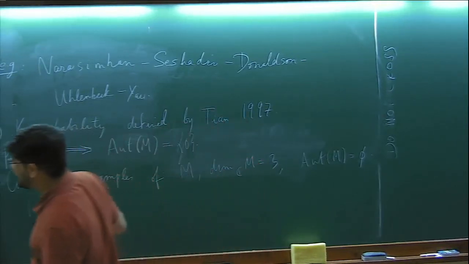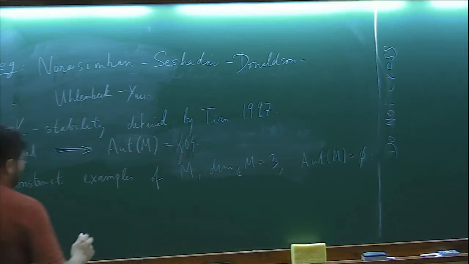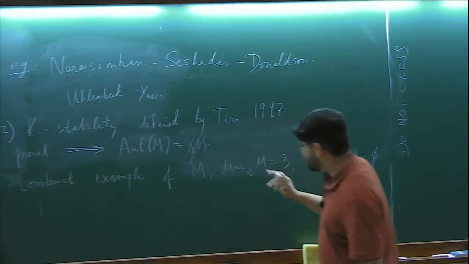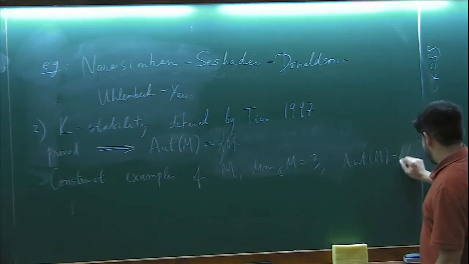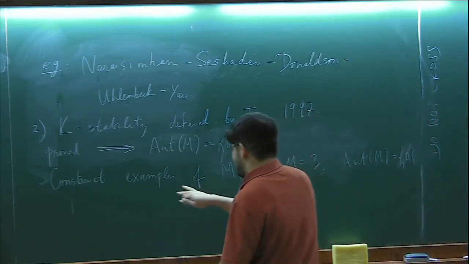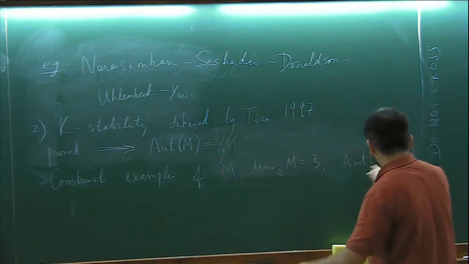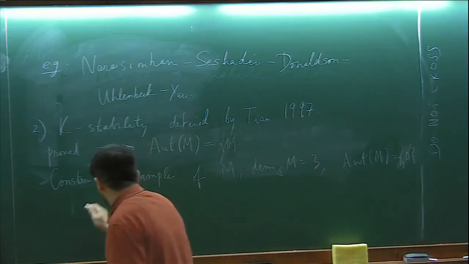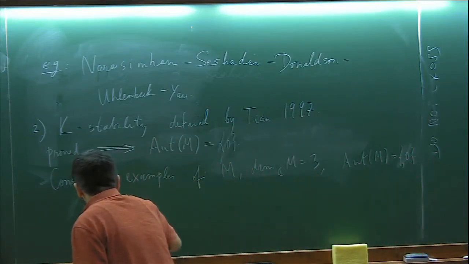Right, and of course not zero, but the automorphism group is the identity. He constructed examples of such Fano three-folds which do not admit